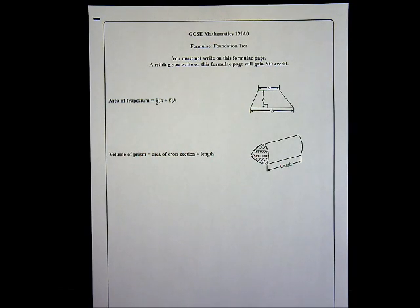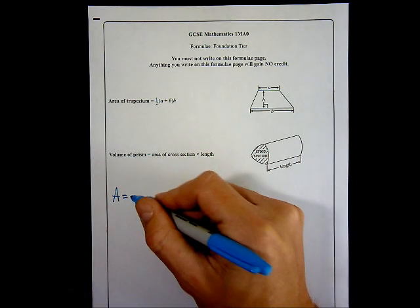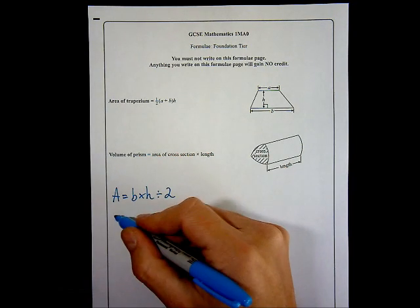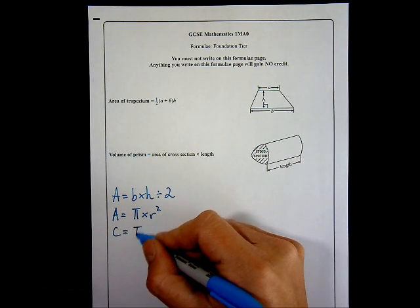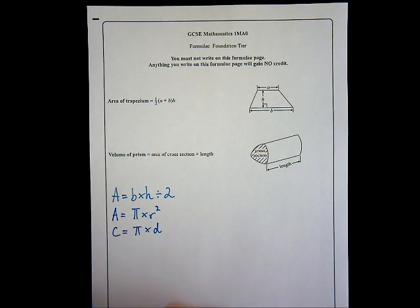On the formula page, I would write down anything I think I might forget during the exam and that I'll find useful. So, as ever, I'm going to write down that the area of a triangle is the base times the height divided by 2. I'm also going to write down that the area of a circle is pi times the radius squared, that the circumference of a circle is pi times the diameter,